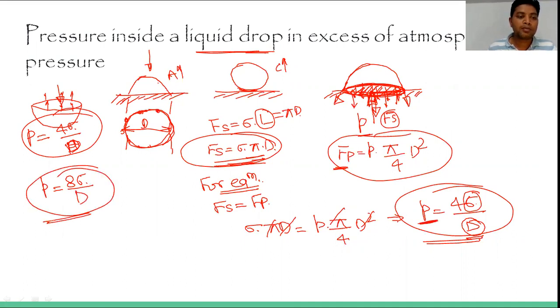So this is the case for the bubble, or we can say in case of the soap, because soap जो वॉशिंग के लिए, क्लोथ्स वॉशिंग के लिए जो हम सोप्स यूज करते हैं, उससे कभी कभी बच्चे जो है वो बबल्स भी बनाते हैं. So the internal pressure of that bubble depends, that is 8 sigma by D. The value of that is 8 sigma by D, and if we are talking about the droplet, then this is 4 sigma by D. Okay, so this is about the liquid droplet and the bubble or soap we can say.